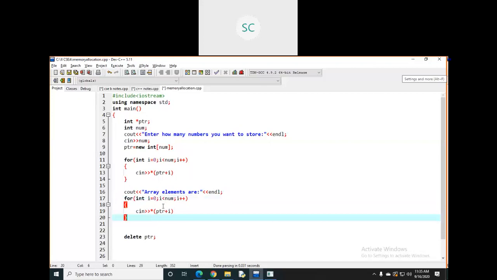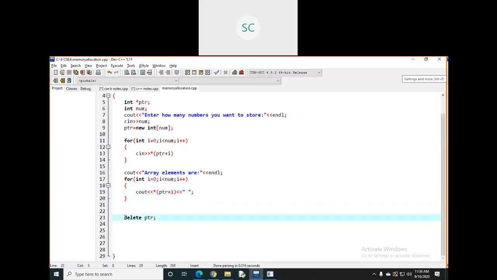I will use the same for loop to retrieve the elements, but here instead of cin you need to use cout to print in the output, right? After printing every element there will be a space. I will delete this memory later. Just comment it.